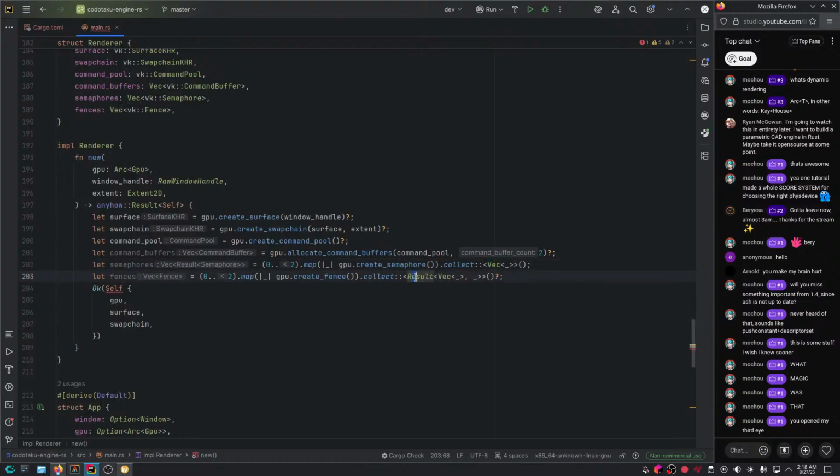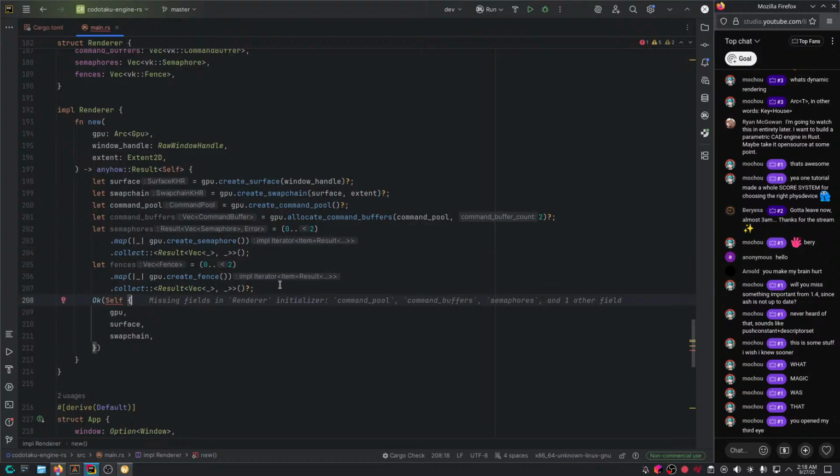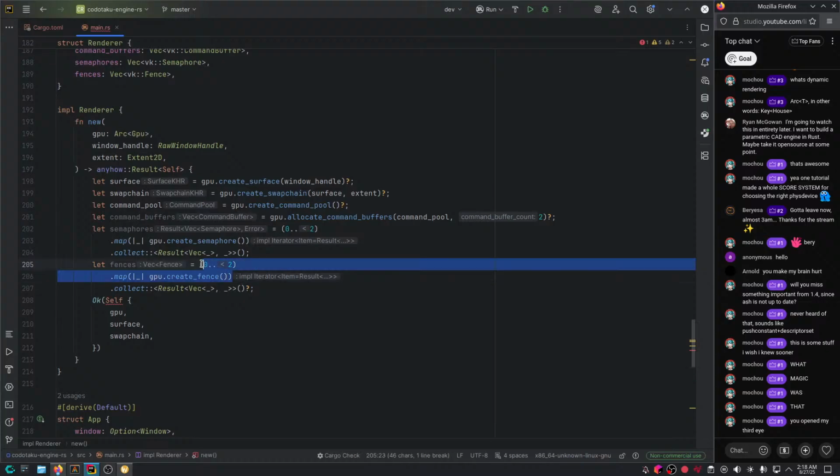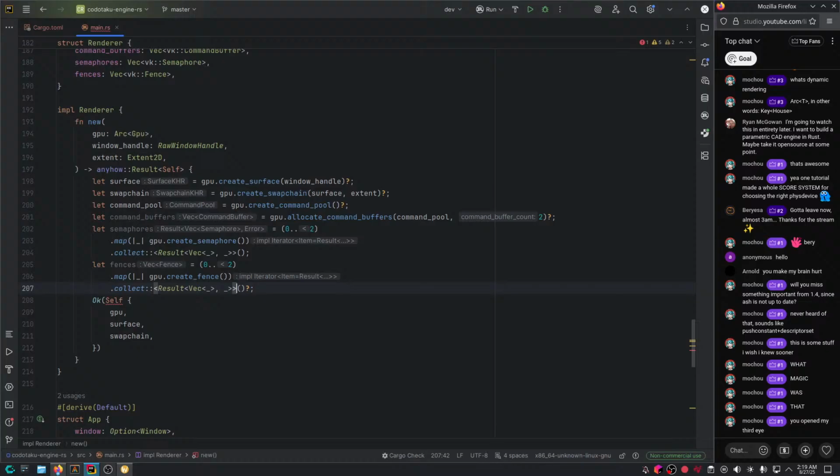When I realized this years ago, oh my god. Same thing with this guy. And there we go. Look at that beauty. I really love functional programming. And the nice thing about this collect is that it would detect that this iterator has two elements, and so it would reserve upfront two elements for the vector. I don't have to tell it to reserve, for example. And as you can see here, it composes seamlessly too. So that's cool.